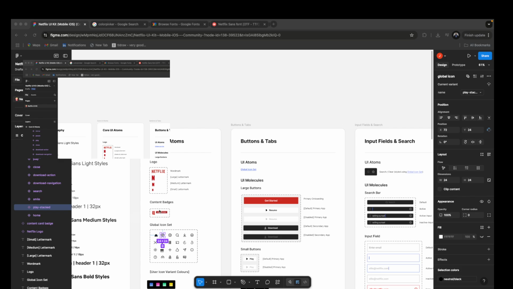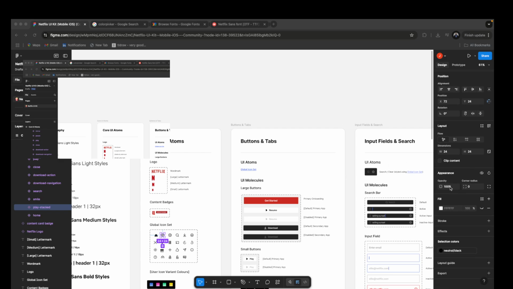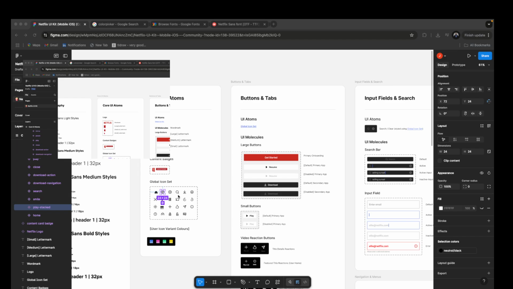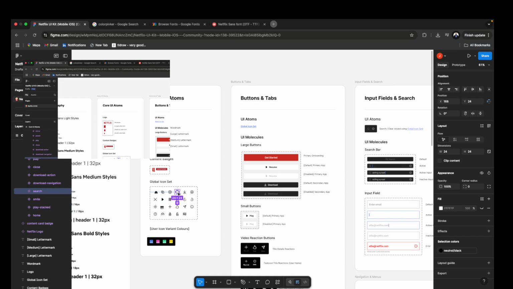Okay, from Figma, how should I get them? Is there any export section? Do I have it? So if I click on this,